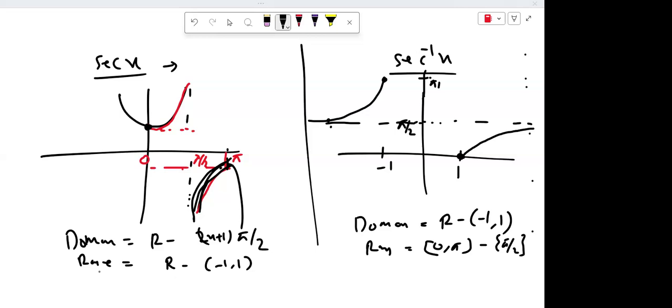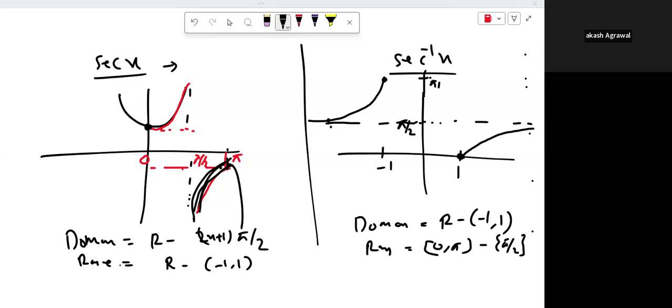Okay. So in the next class, please memorize the domain and range only. Look at the graphs, and if you just know the